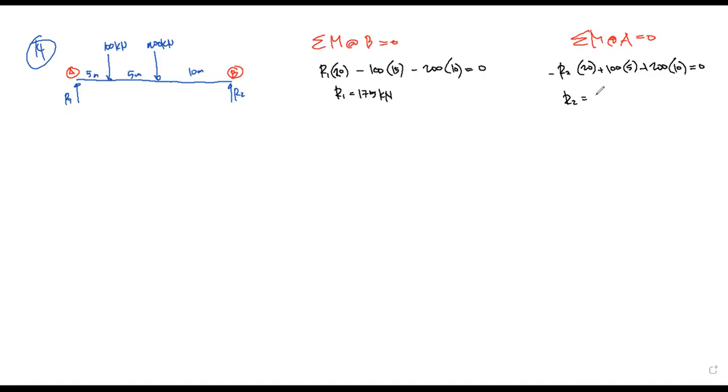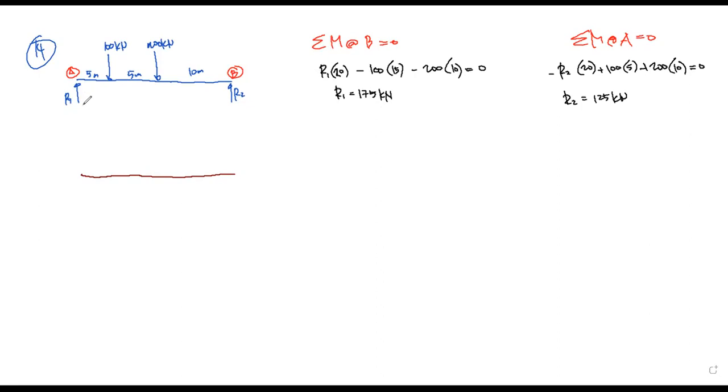So R2 then is equal to 125 kilonewton. Okay. So now we write the shear diagram first. Okay. So the shear diagram will correspond to the